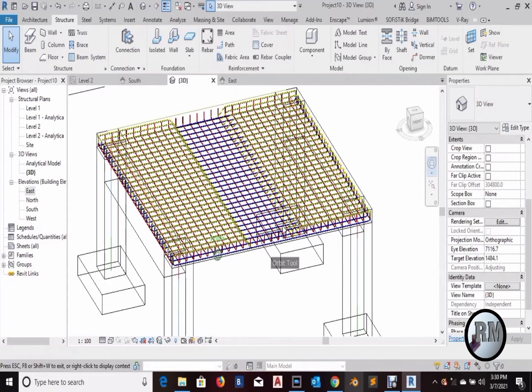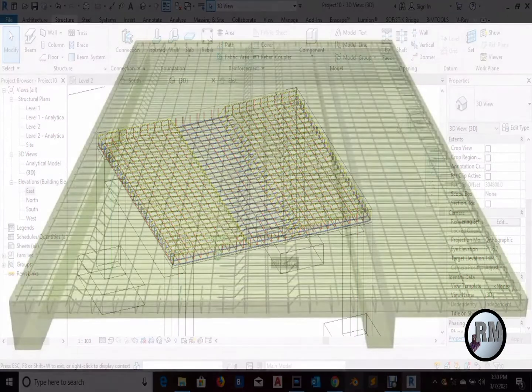What's up guys, this is the Rebar man, and in this tutorial I'm going to be demonstrating the reinforcements of